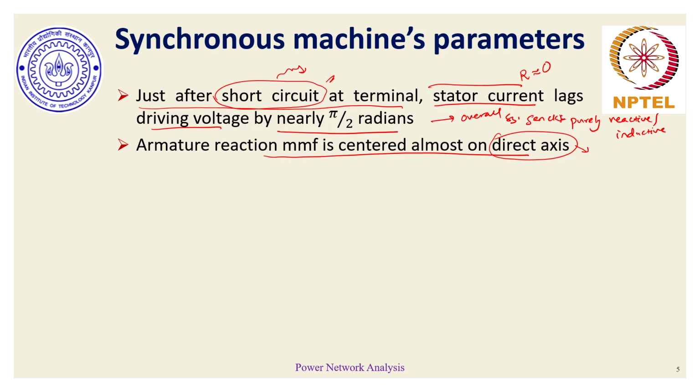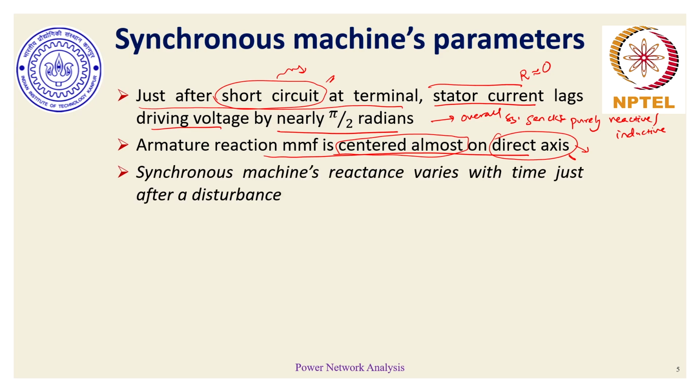Not much of armature reaction would link to the corresponding rotor windings or rotor current. It would mostly get impacted along the direct axis because the direct axis gap is minimum. So any armature reaction effect which comes in because of rotor current is linked to the rotor along the direct axis, and that's the reason why I have mentioned that it is centered almost on the direct axis during typical steady state or